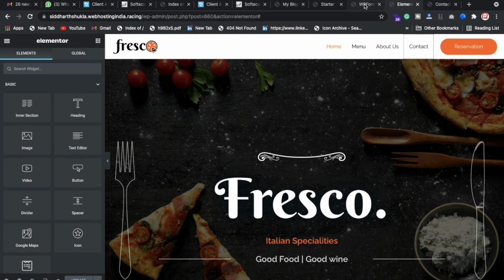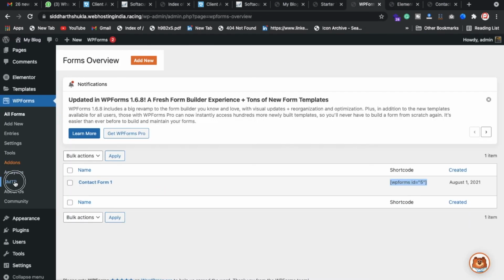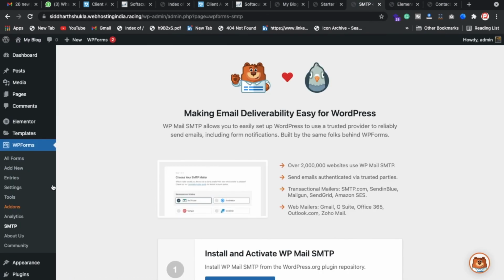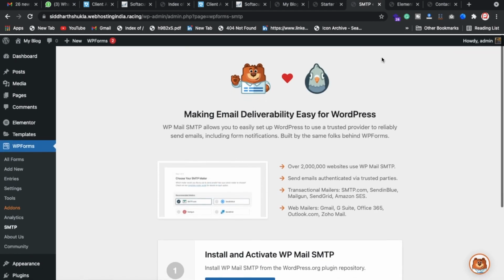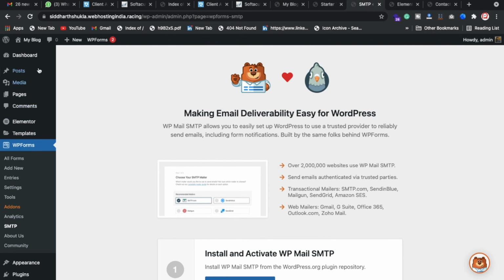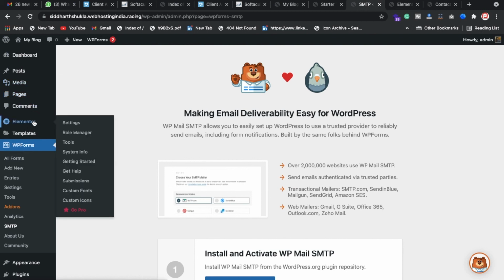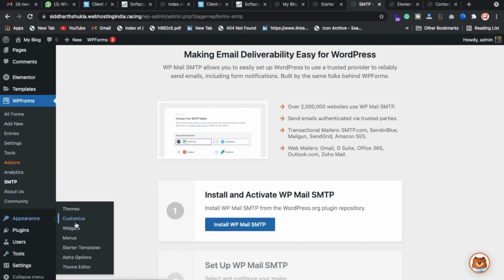Now let me go here and click on the SMTP section. Once you click on it, you need to install this plugin. Also I'm going to put the link below in the description, you can check from there and customize by yourself. Okay, so this is done from my side. And if you need to post something, you can of course post, and if you need to create any pages, of course you can create them. Elementor is here, and hope this is fine.